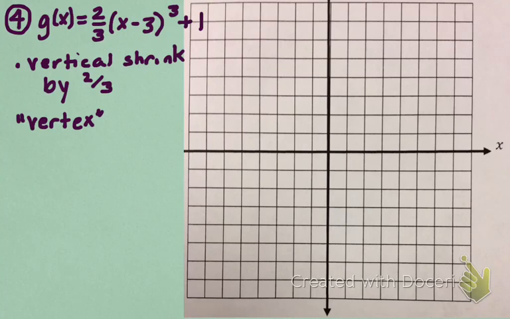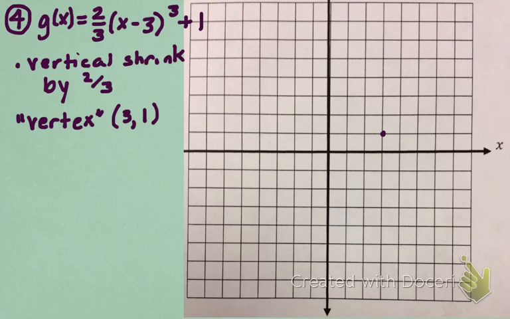and put that in quotes because it's obviously not really a vertex for a cubic graph, but the vertex gets moved to the right 3, so we have a positive 3 and up 1, positive 1. So we're going to take this graph, which would normally start at the origin, and we're going to move its starting position to 3, 1. So we're going to go to the right 3 up 1